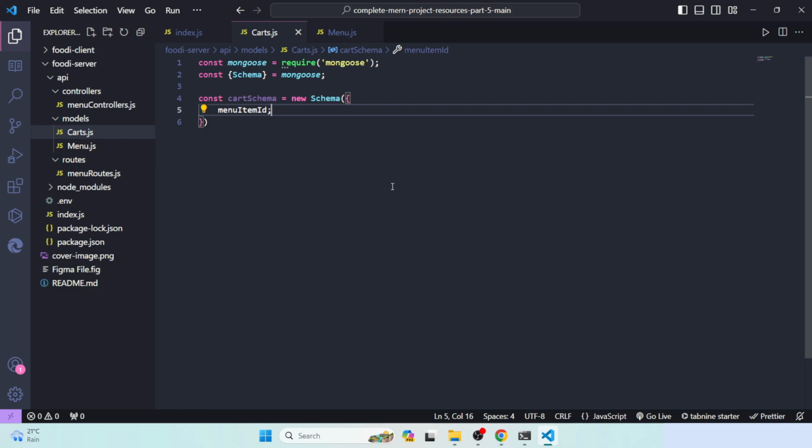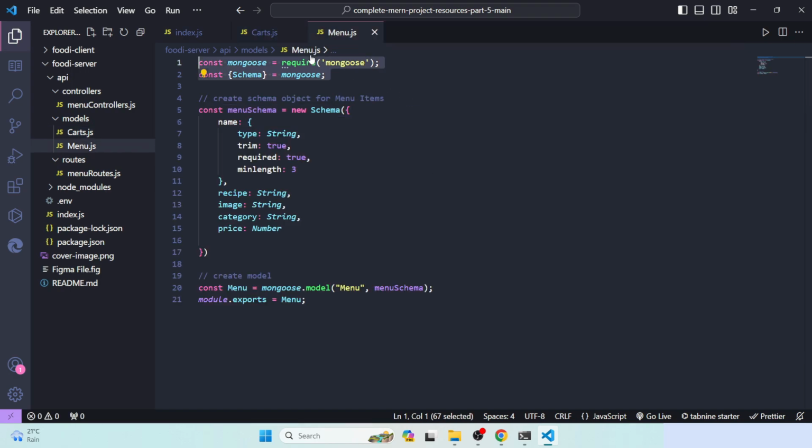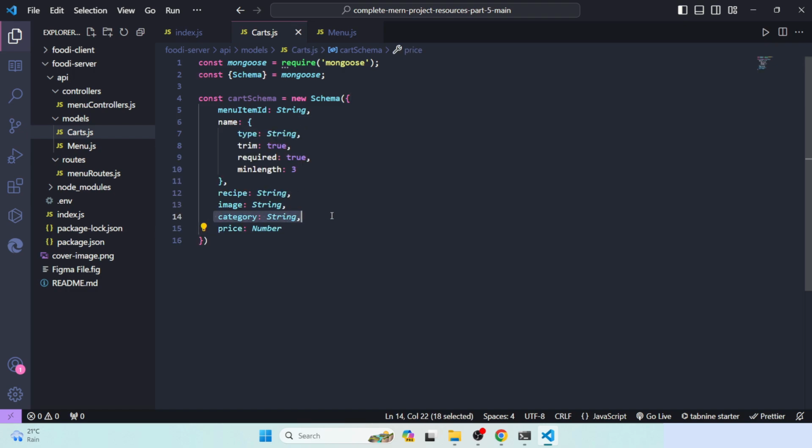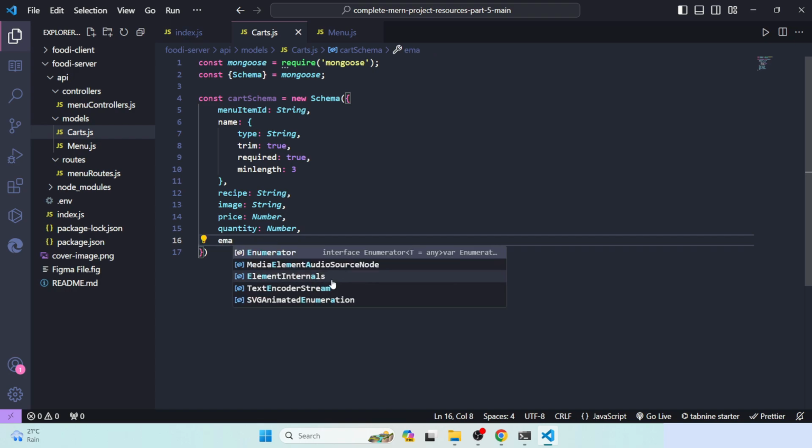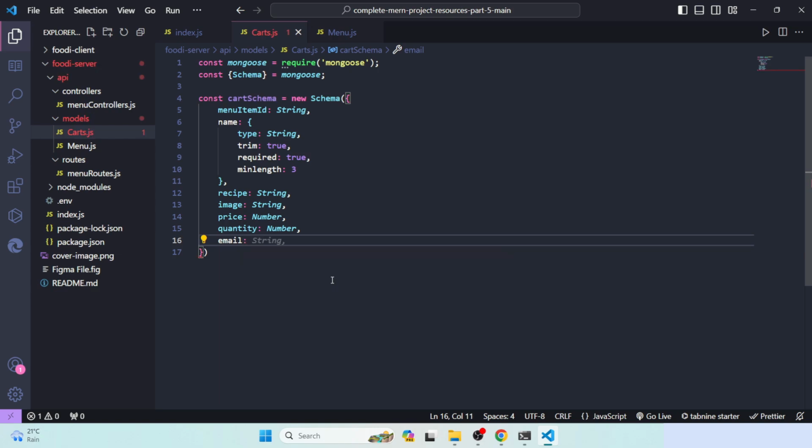id, and it's a string value. Then we will have the same things we defined in menu: name, recipe, image, price. So we don't need to define category, so we'll remove it. After that we need another thing, quantity, which would be a number. After that, the main thing is we need email to capture the user who is adding this,